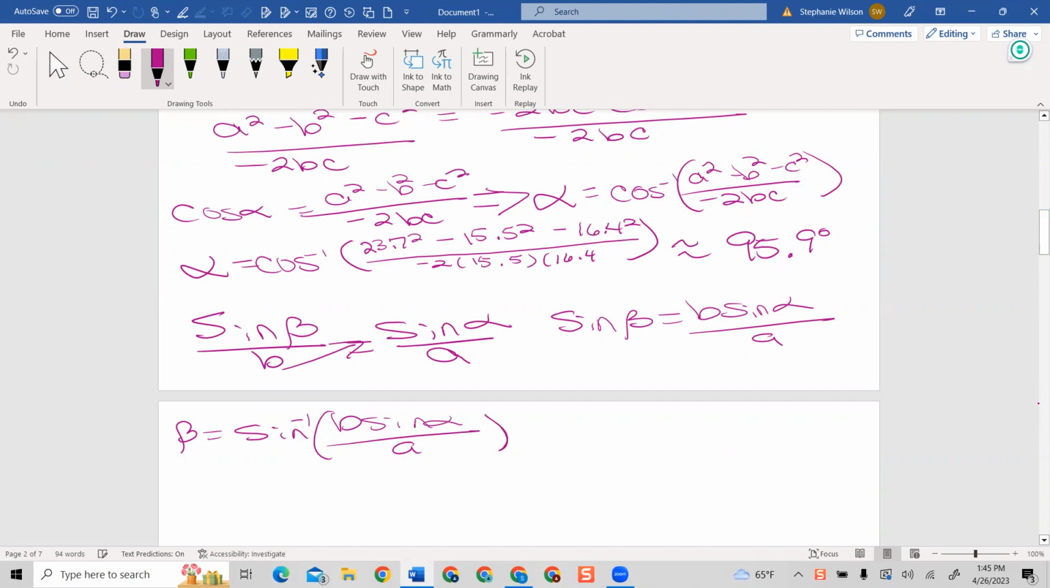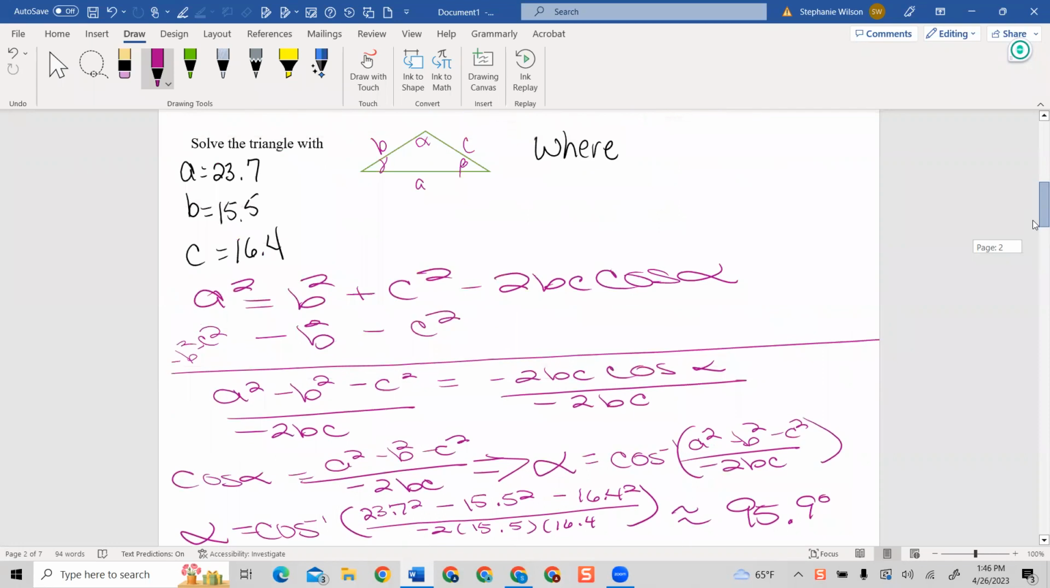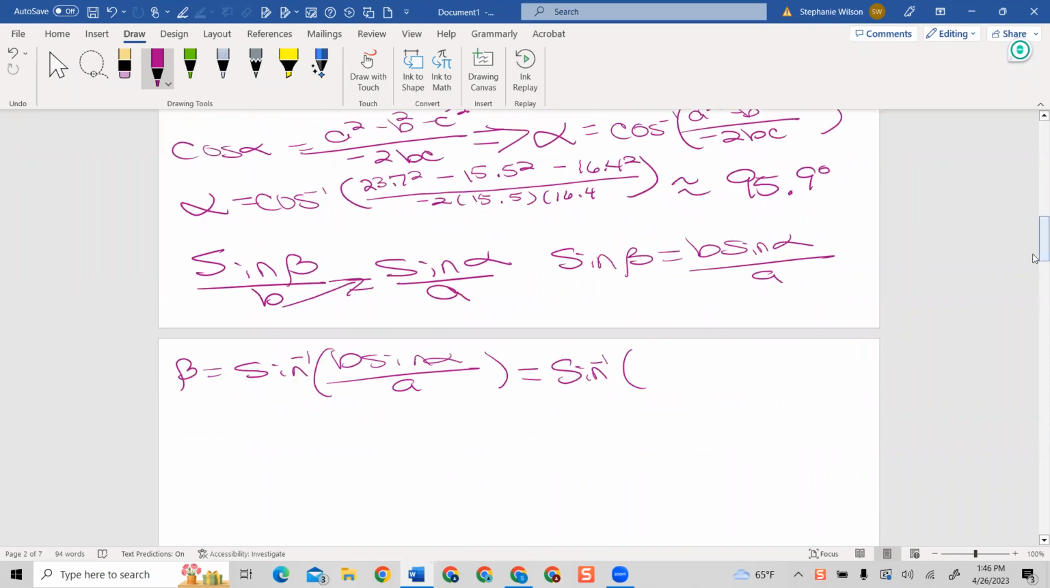All right. So let's go solve or plug in. Let's plug in first. We know what A is. A was 23.7. And B is 15.5. Sine of alpha, which is 95.9 degrees. So beta becomes